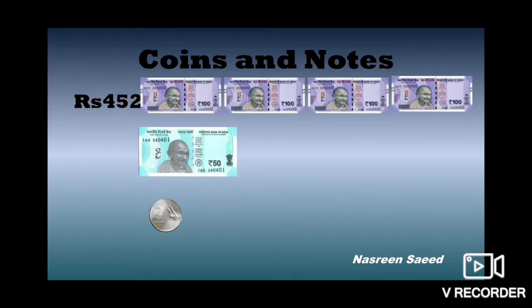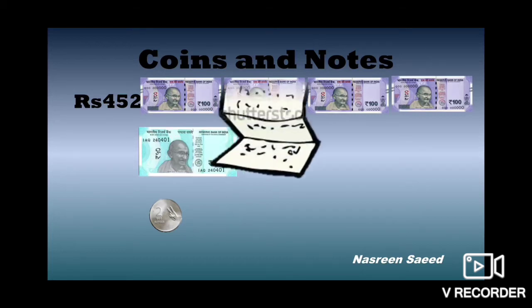So I hope you have understood exchanging big coins and notes for smaller ones. You saw how we exchange the 500 rupees note into 100 rupees notes. Then again 100 note we exchange into smaller denominations and got 50, 20, 10 and 2 rupees. Okay, so let's go further and see.